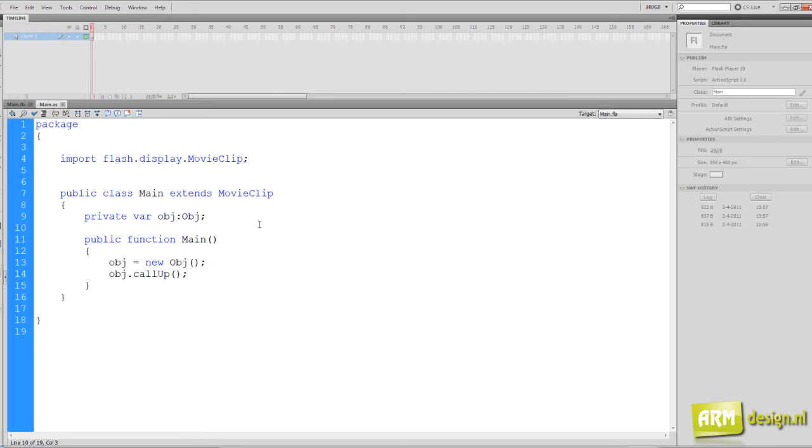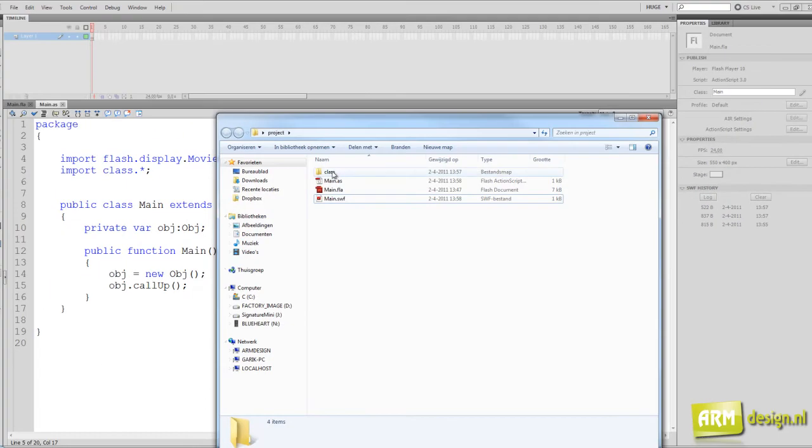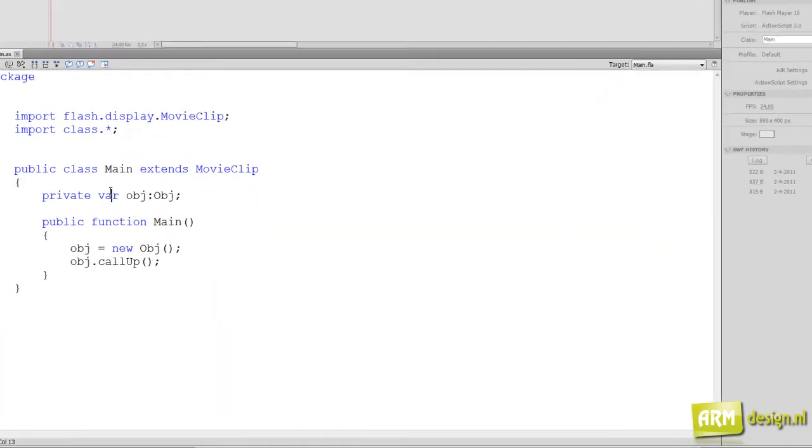Alright, so how do we solve this? Well, in order to let Flash know where this package is that we have created, we need to import it. So let's say import, and we know where this folder is. It's class inside of root, and we say dot everything. So now we are importing everything inside of class. So if I run it now,